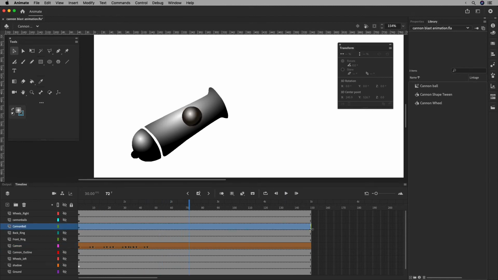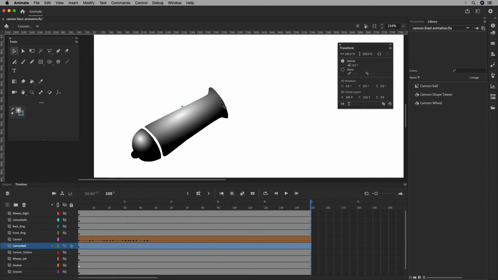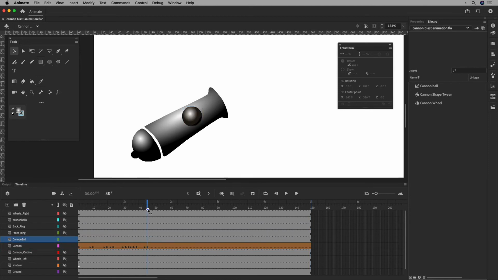So a couple things about animating the cannonball. One thing is you'll notice that when I designed this, the cannonball is above the layer of the cannon. If I just move it down below the cannon, it's going to be behind the cannon. For just now, I'm going to get it right there and then come over here, and that's when the cannonball should be launching, right? So I'm just going to move it